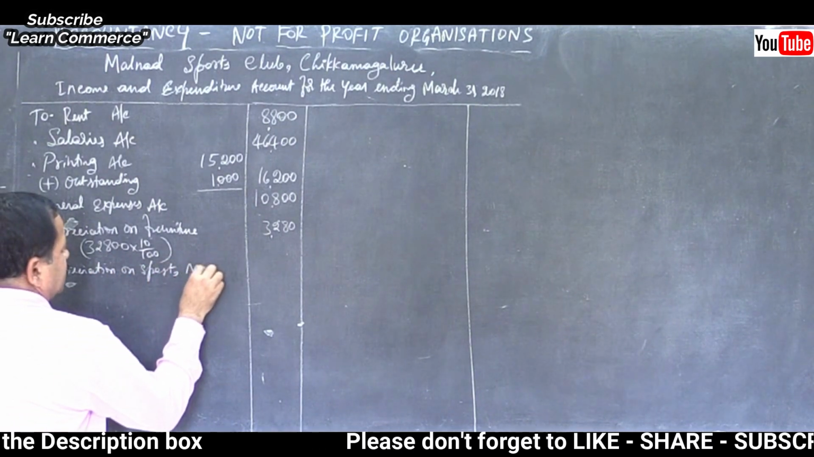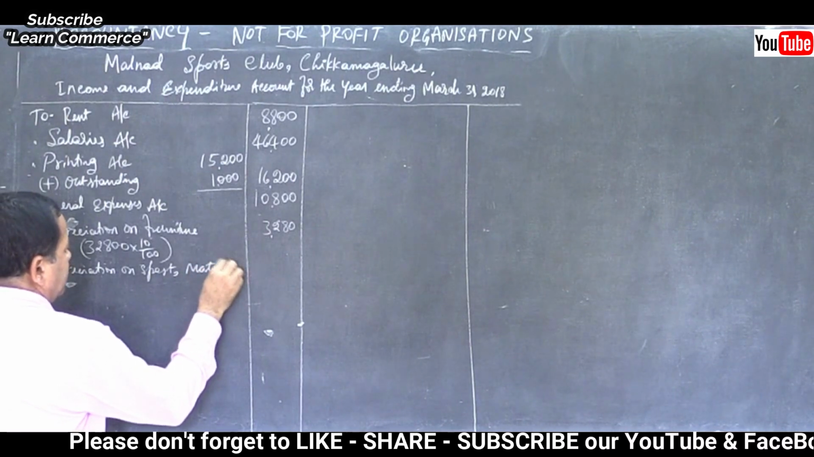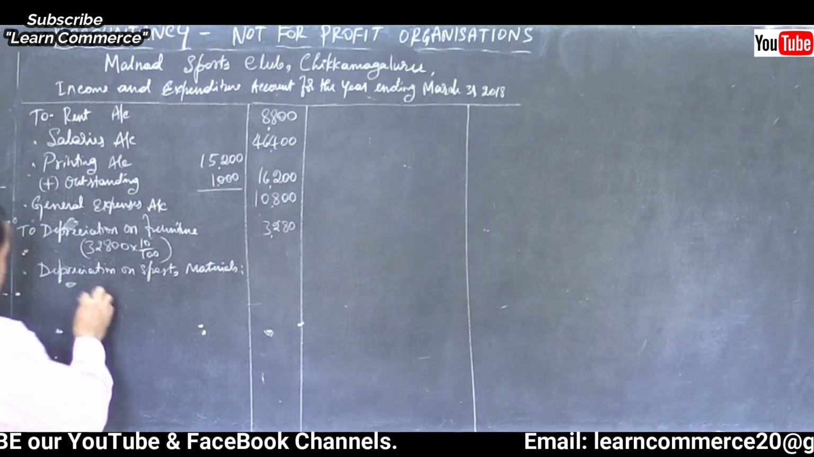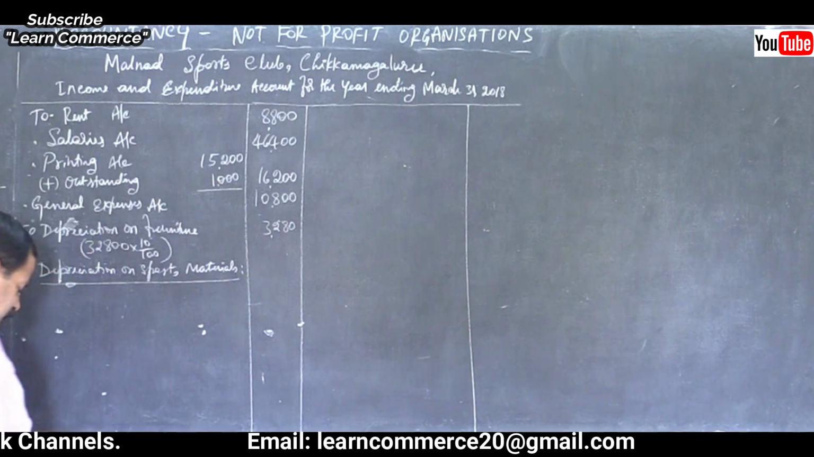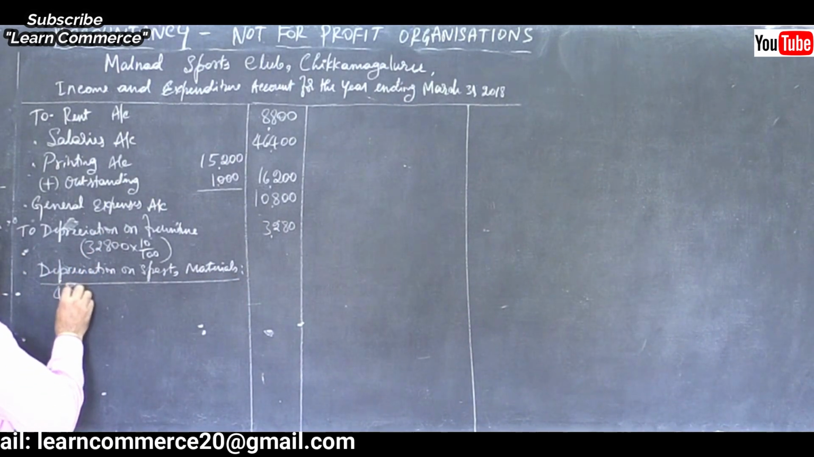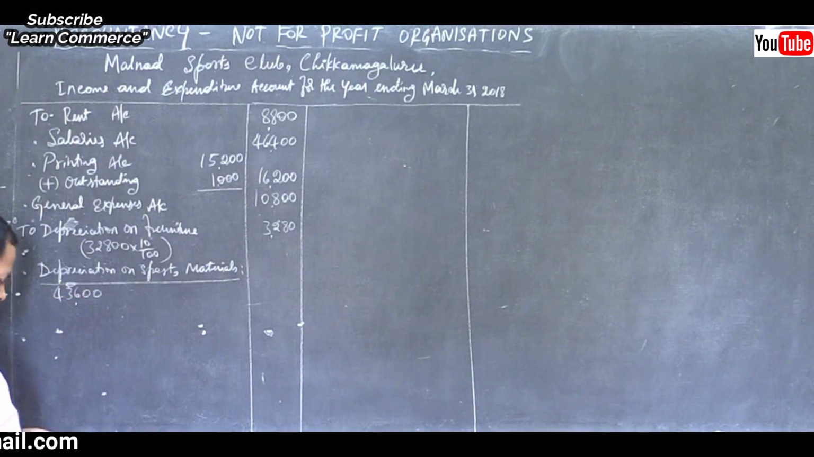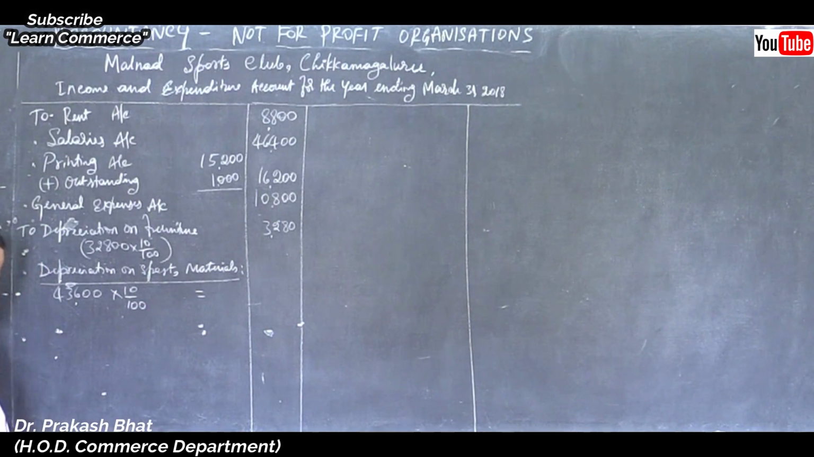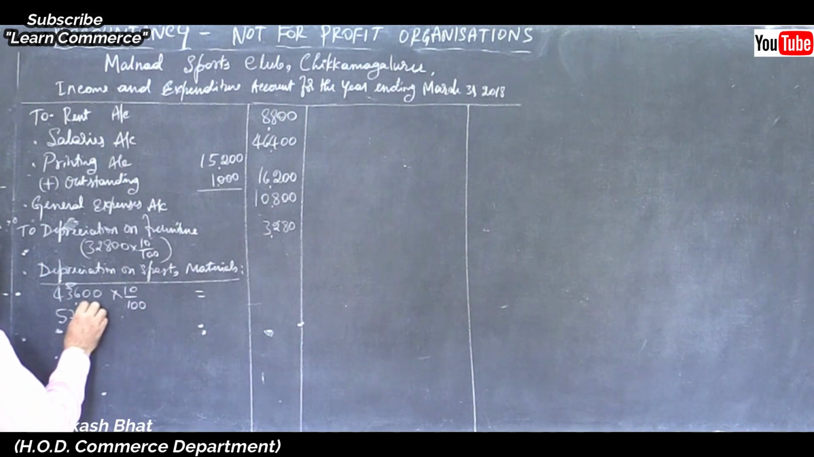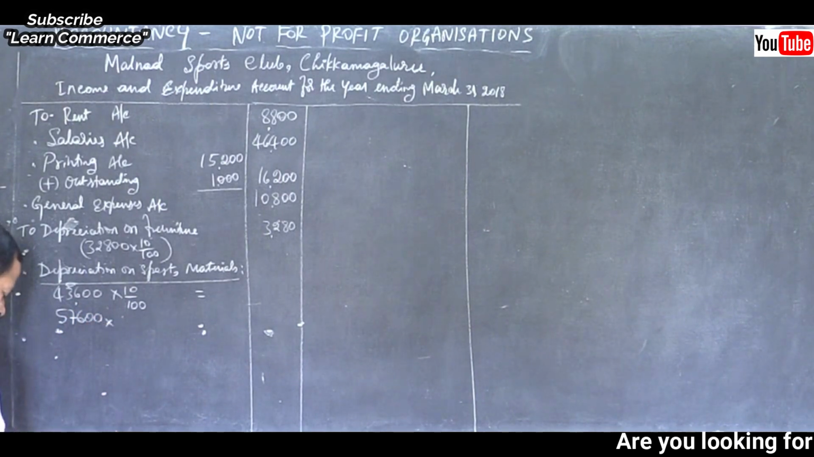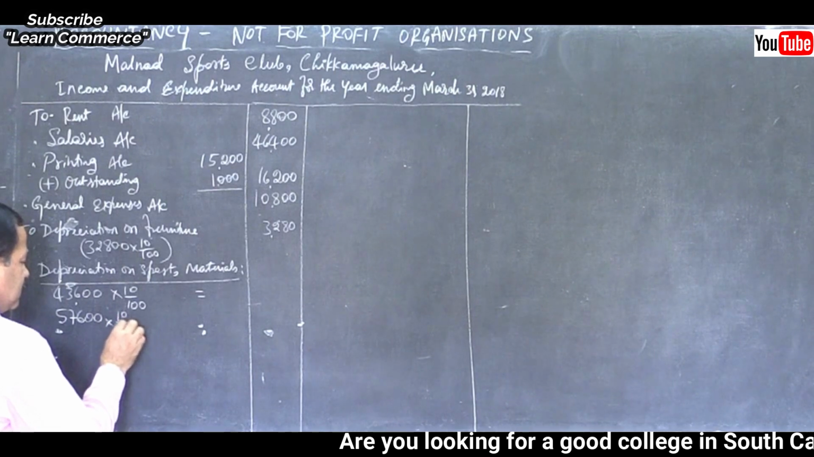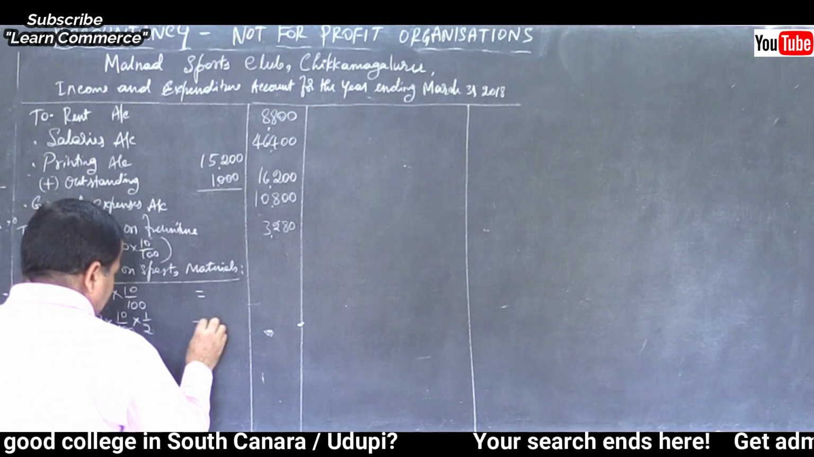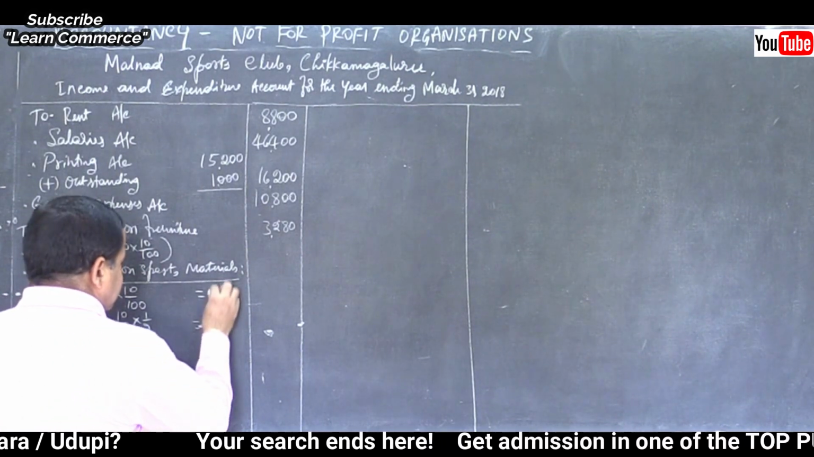Sports materials. You can prepare a working note for this and quote the working note, and write the entire total amount, isn't it? Under that, 43,600 into 10% for full year, right? And 57,600 is additional purchases made. 57,600 into 10% for 6 months, that is half year. 6 by 12 or 1 by 2 makes no difference, right? So 4360